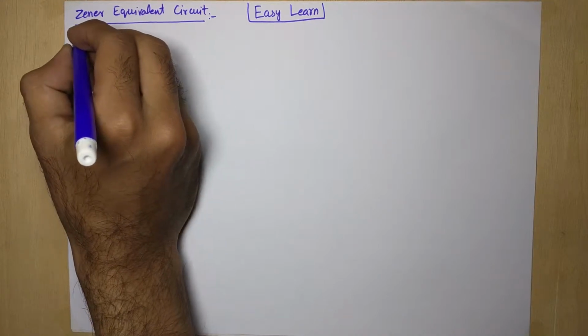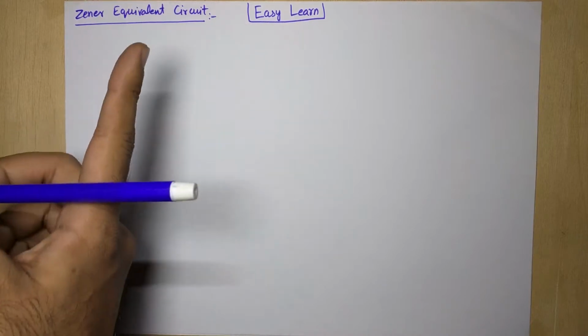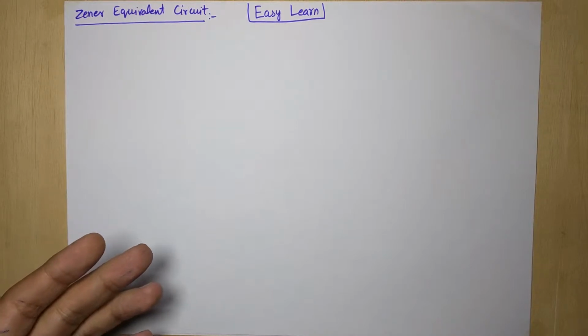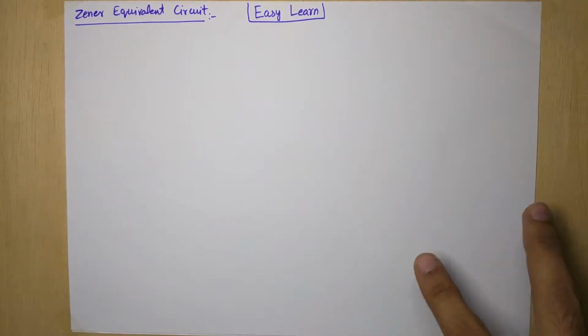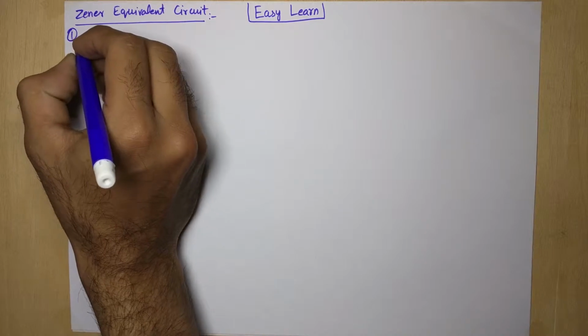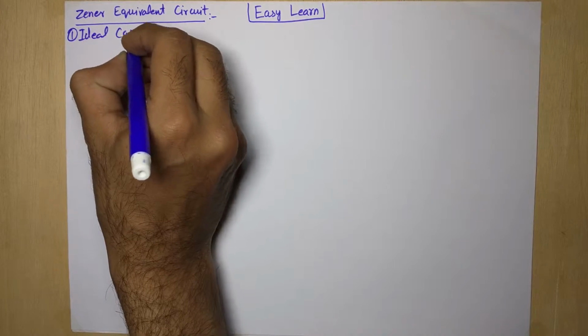Okay, there are two types in the equivalent circuit. When we talk about the equivalent circuit of a Zener diode, we have two types. When we talk about the general diode, for example 1N4007, that operates in the forward bias state normally. There are three states: number 1, the ideal model approximation, number 2, the practical, and the third one, the complete diode approximation. In this case I will discuss only two, number 1, the ideal case approximation,